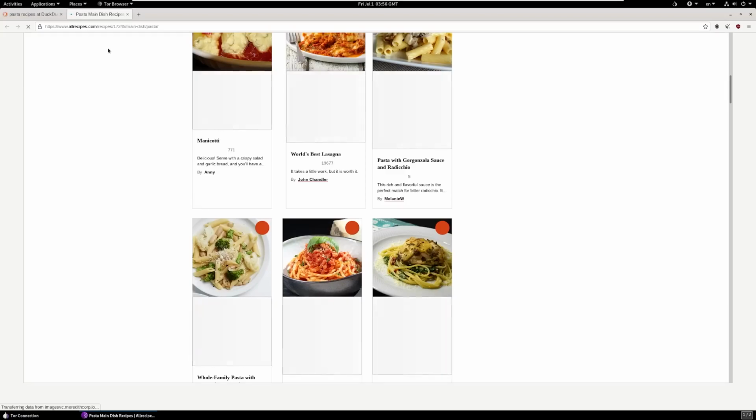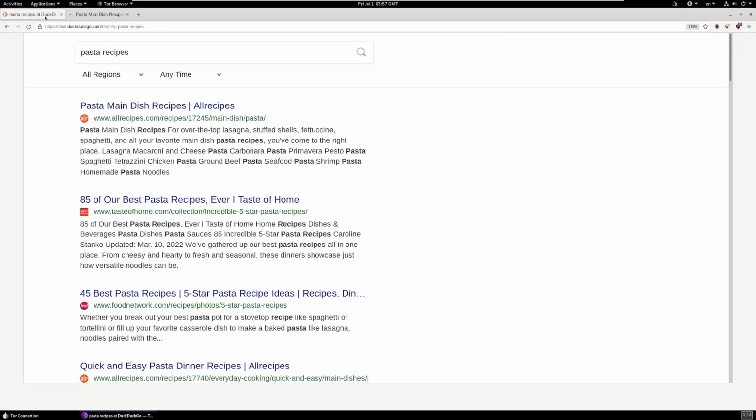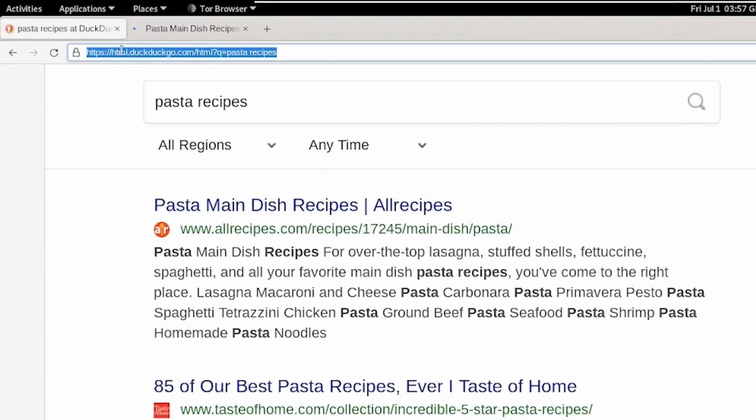Now, whenever we want to access a dark web website, we need to use what is called a .onion address. And you might be asking, well, how do I know what .onion to go to? Well, there's a few things that we can do. We can search DuckDuckGo for specific websites or .onions that we want to use, but there are also search engines built specifically for Tor. One of those search engines is Ahmia,